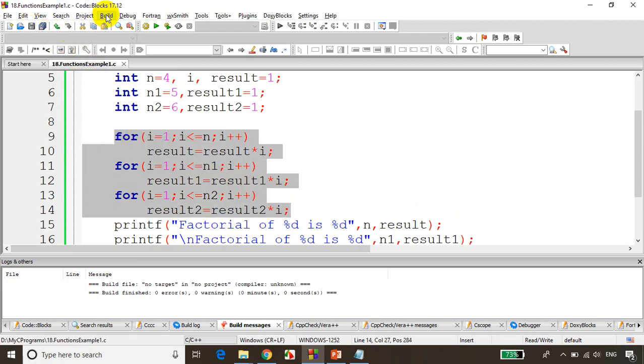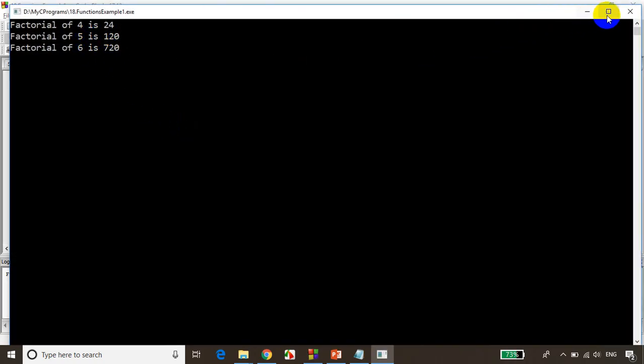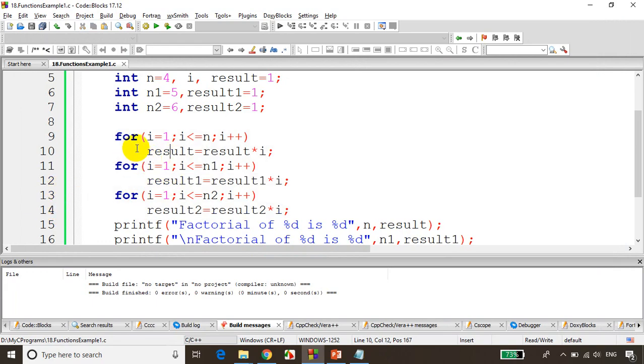So now let's save it and build it. And now let's run the code. You can see here we're getting the answers, but this is not good code because the logic is getting repeated. So instead of writing the code repetitively, what we can do is create a function with this logic. A function is a reusable component in C language. A function is a reusable code block that can be called any number of times so that it